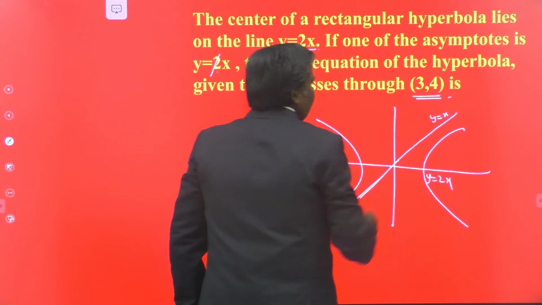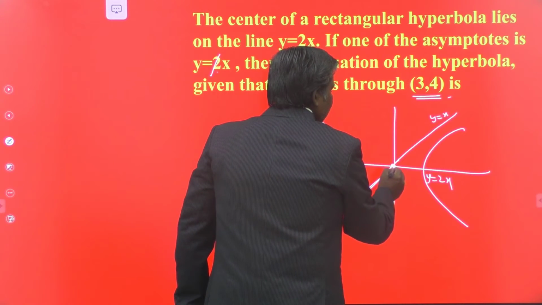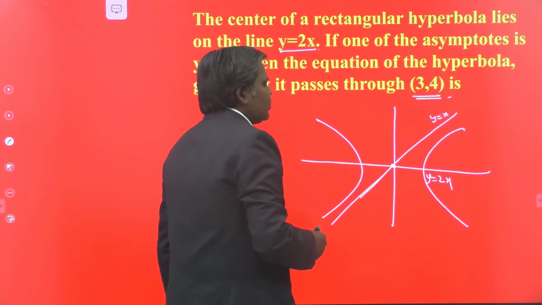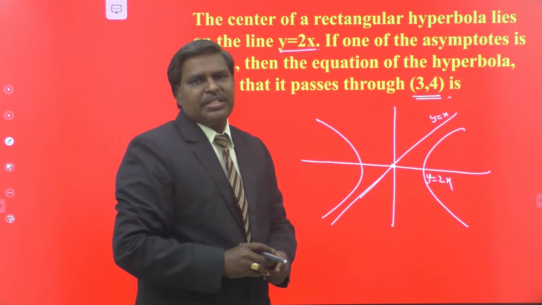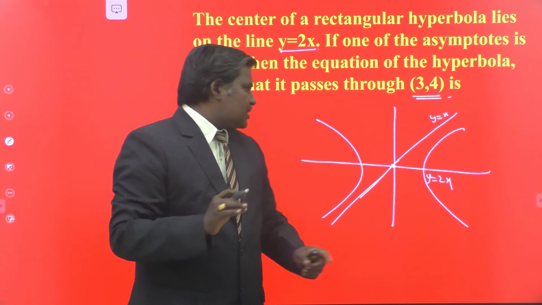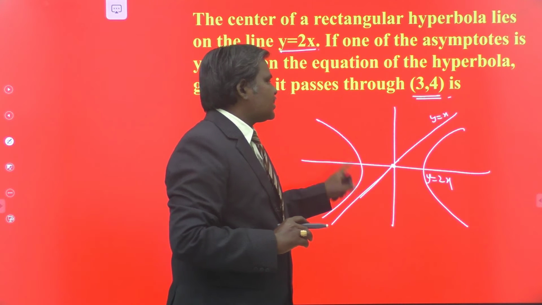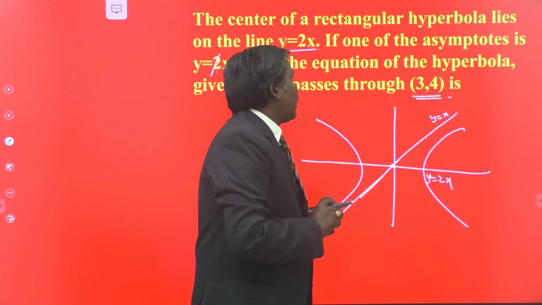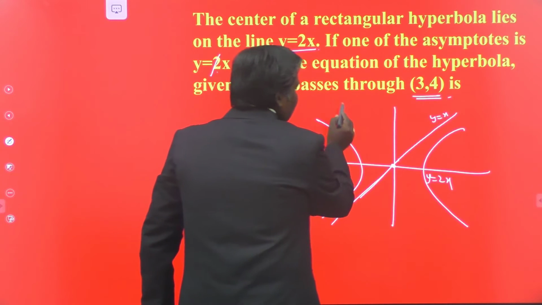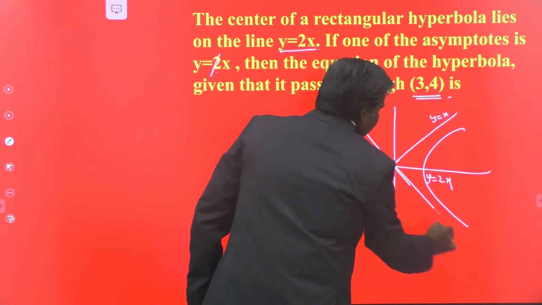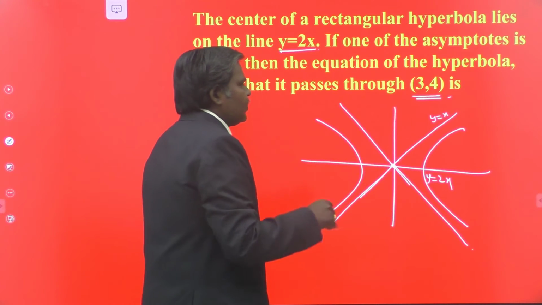This y equal to x is one of the asymptotes. Your center lies on this line, and asymptotes always pass through the center of the hyperbola, so their point of intersection must be the center. The center lies on y is equal to 2x, and y equal to x is one of the asymptotes. Once you find the other asymptote, you can find their combined equation,